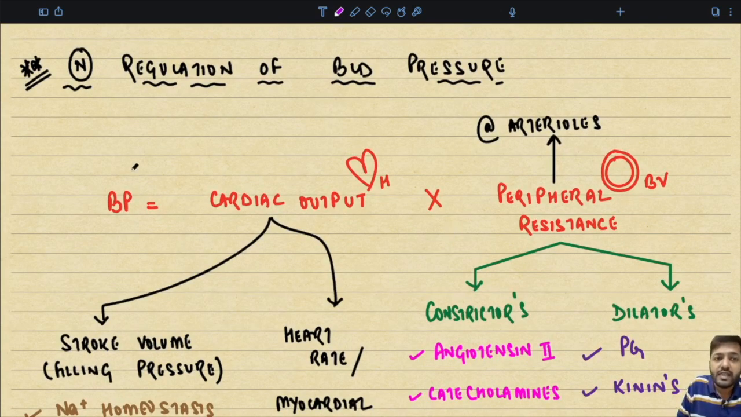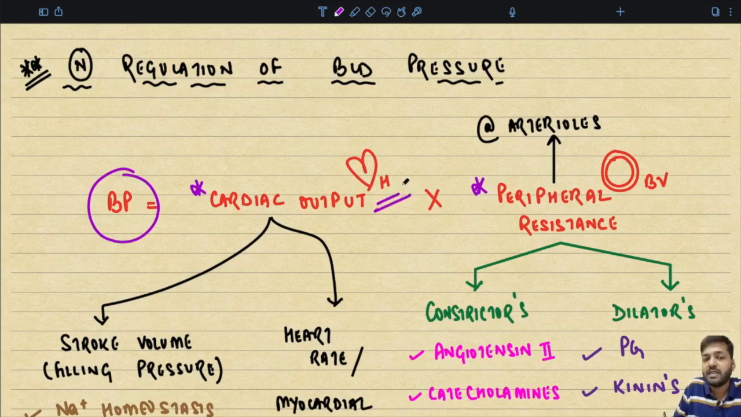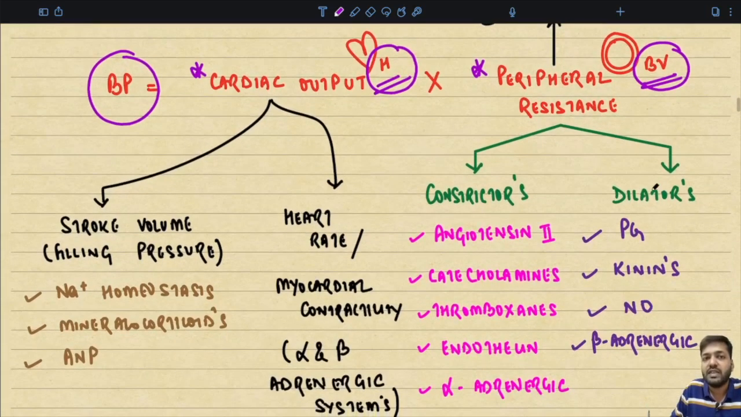Normally, blood pressure is dependent on the cardiac output and peripheral resistance. Now, cardiac output is basically dependent on the heart. So this is one factor, and peripheral resistance is basically put forth by the blood vessels. Cardiac output is a function of the stroke volume and the heart rate. The stroke volume is determined by the filling pressure, which is the most important determinant of stroke volume, and is basically the volume decided by the amount of sodium in the body. So it is dependent on the sodium homeostasis, the release of mineralocorticoids like aldosterone,